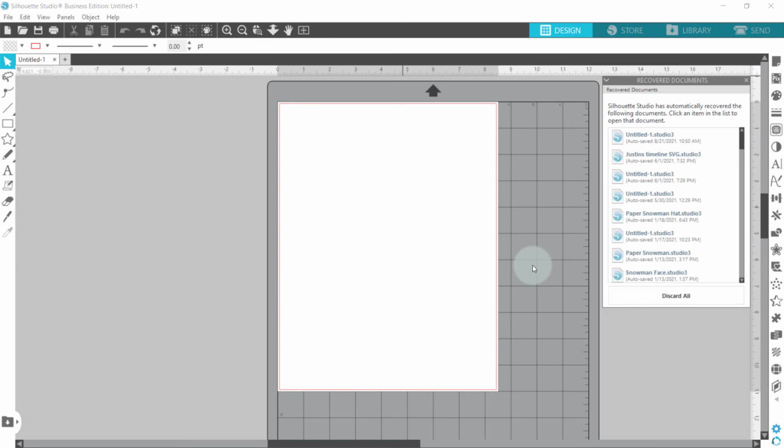So here I am in Silhouette Studio. I have the Business Edition, but this SVG file will come into both the Business Edition and the Designer Edition. However, if you're using the Basic Edition, the unpaid version of the software, you will need to use the DXF version of the file. So we're going to go up here to File in the upper left-hand corner of the software,